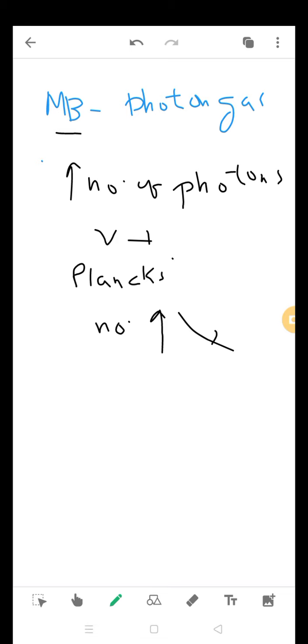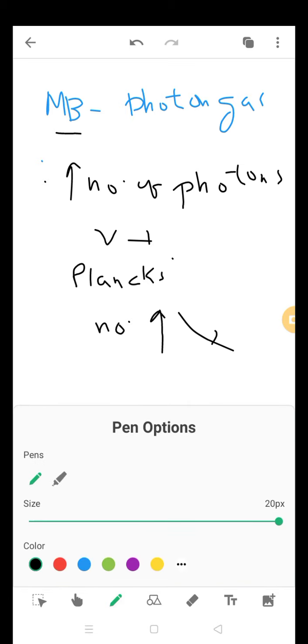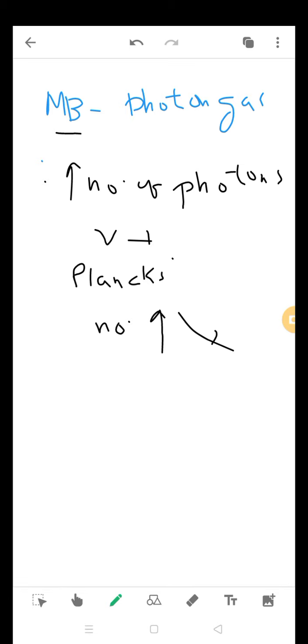Secondly, okay, so these are the limitations observed. So that is why electrons and photons follow different statistics. The electron gas follows Fermi-Dirac statistics, FD,